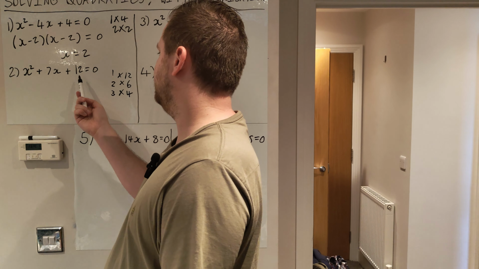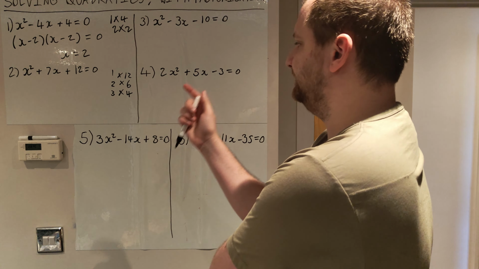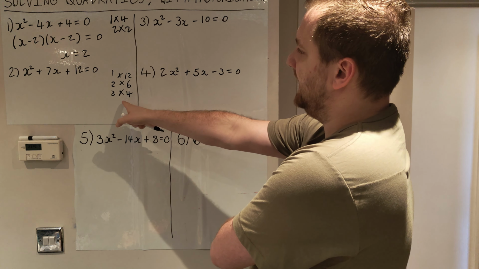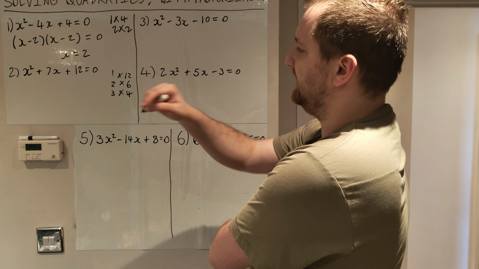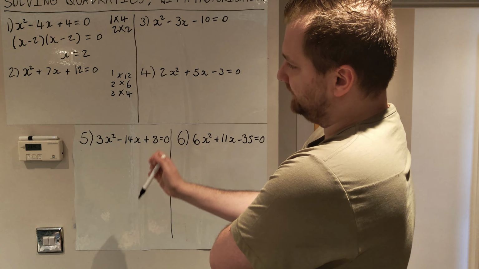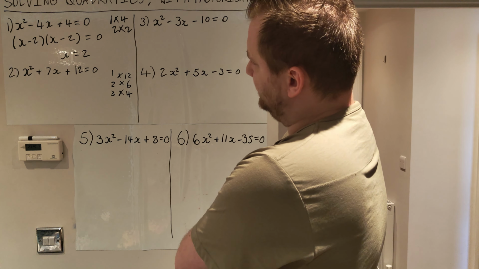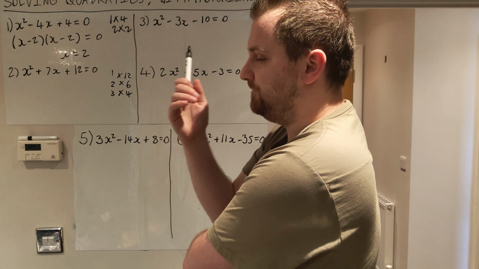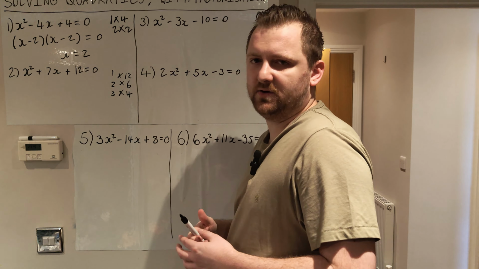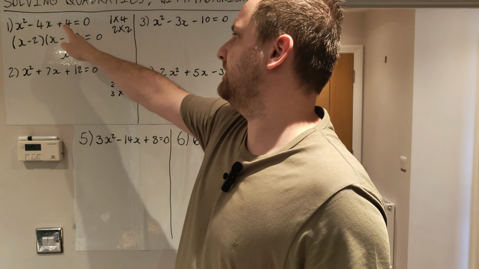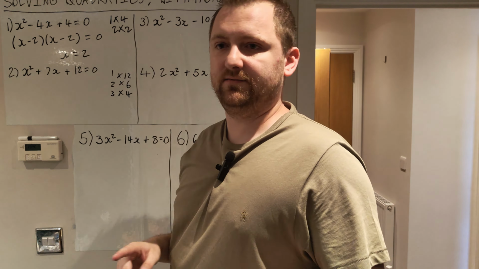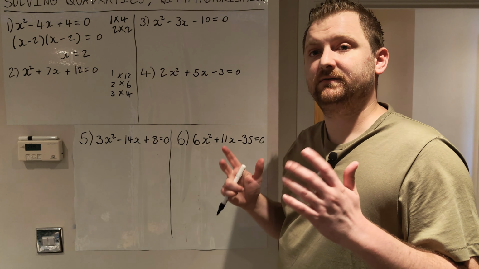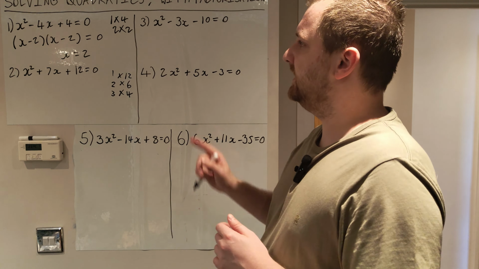Now they times together to make positive 12. So that's fine because we've got all the combinations. And they add to make plus 7, okay? So I think it's important to note as well that if you've got 2 positives, you're probably just dealing with positives. But in this case, it's weird because we had the positive and the negative. So that normally hints you're going to be working with 2 negatives, if that makes sense. So anyway,